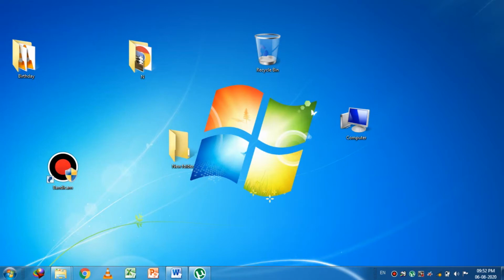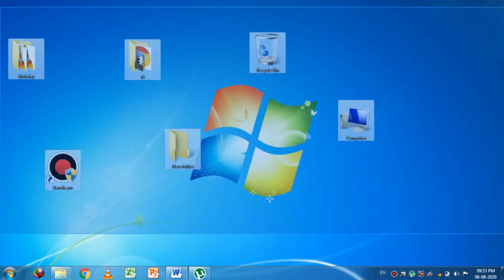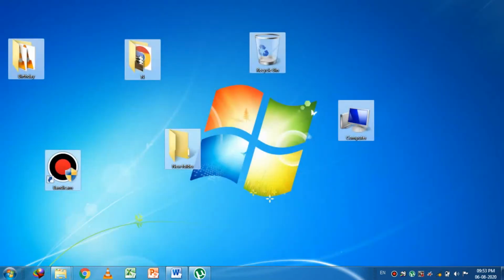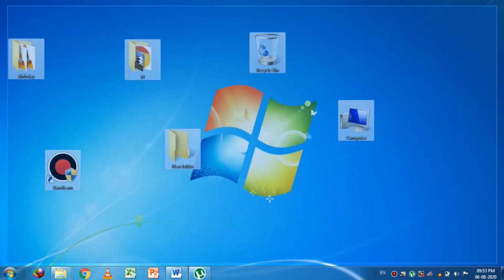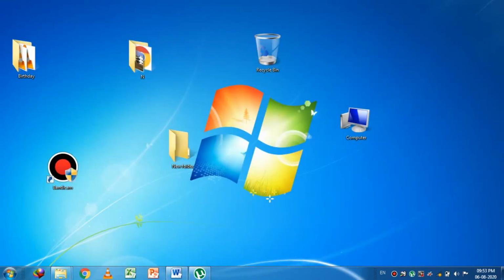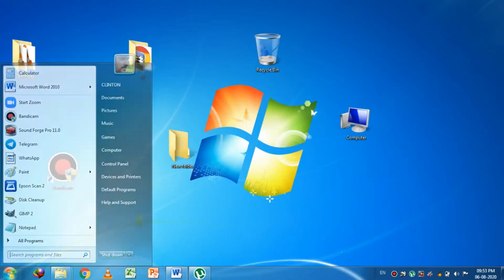First option is desktop. The first screen that you see once the OS gets loaded is the desktop. This is the desktop. As soon as you open the computer and the OS is loaded, that main screen will come. That screen is called desktop. The desktop contains a start button. This is the start button.